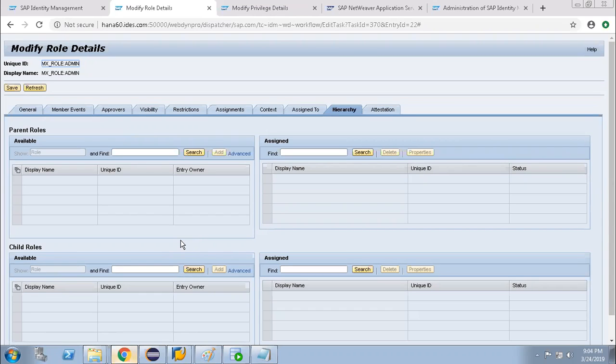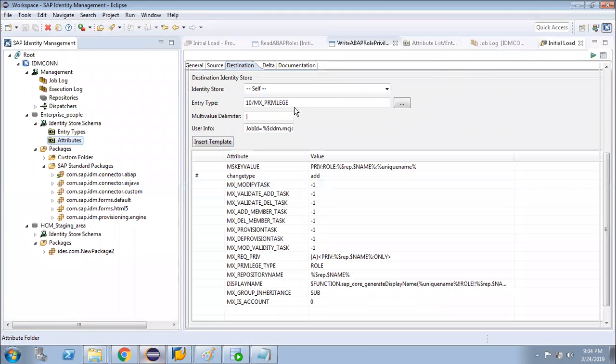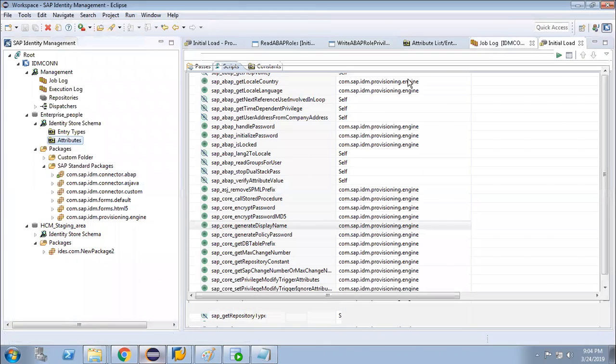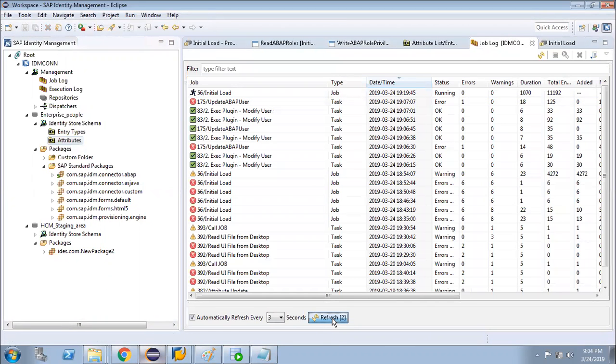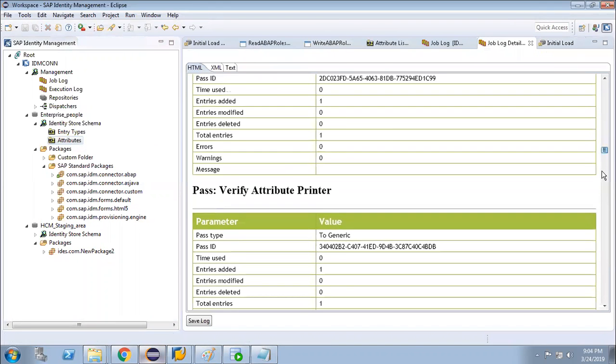Tomorrow the approval workflow as well as this exercise will be there. Today we didn't get time to see the approval because this job is running. The job is still running, so it will take some time. Oh, it ran, but again it threw some error. What is the error? Let's see the error.